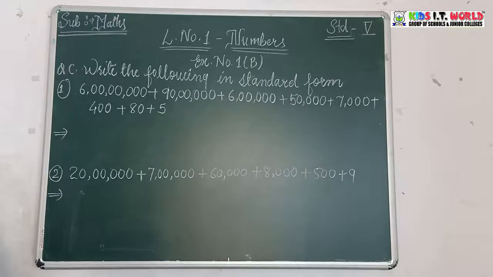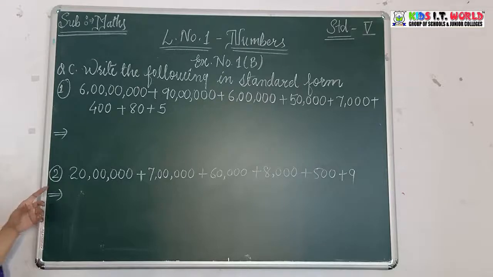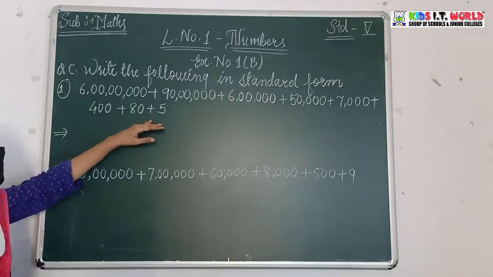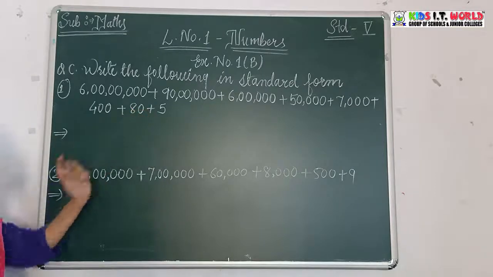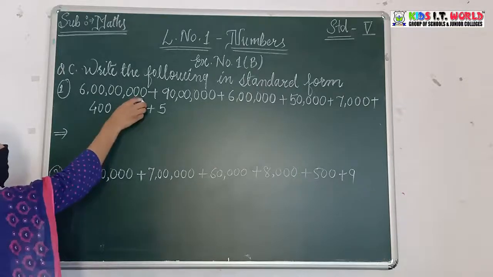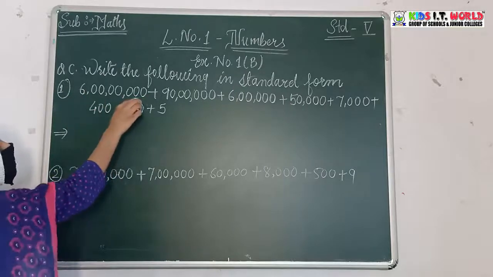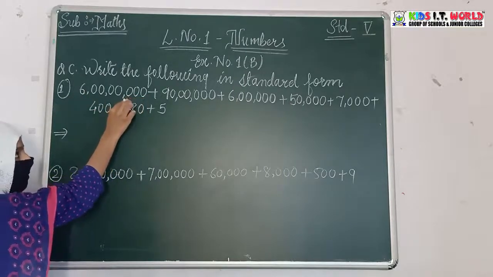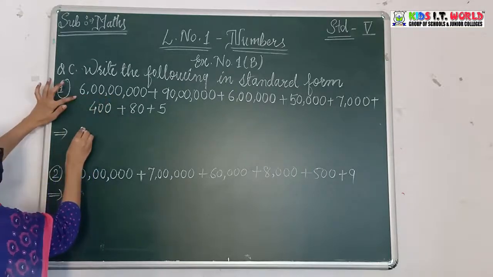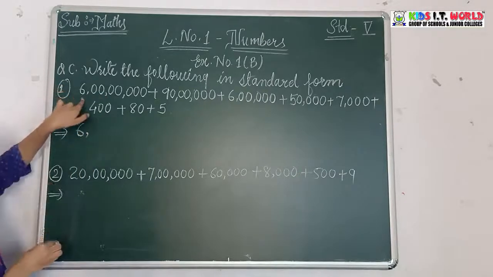So the next question is, write the following in the standard form. Means in the previous question they have expanded the number. Now they have given you the expanded form of the number, and you have to write the standard form of the number. So how will you write it? In the same way, you have to just count down the zeros with the period value or with the place value. So count it: ones, tens, hundred, thousand, 10,000, lakh, 10 lakh, and it is crore. So write it. It is a crore means it is a separate period, so you have to put the comma after a separate period.